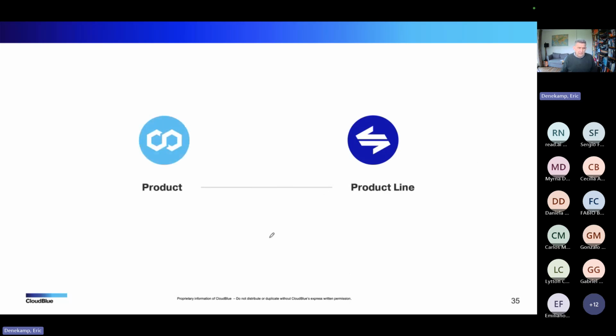And that, for me at least, is one of those things that I would have changed if I could go back in time 5 years and tell our product team this. Because what in Connect is called a product, we call a product line. And the thing is, the product line, you can see in the classic panel as well as a service template. So product lines are service templates. And we've got, and this is what makes it even more, how do I say that without, well, never mind.